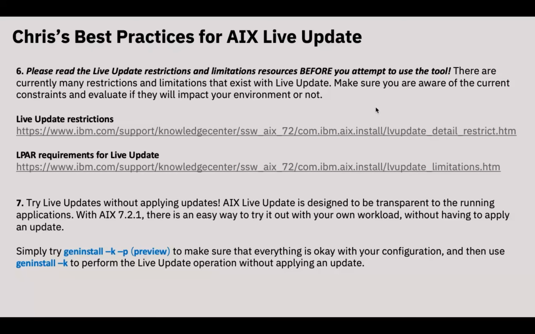Did you know that you can actually try live updates without applying any updates? Sounds like a bit of an oxymoron, but it is actually true. So you don't have to have a TL, a service pack, or even an iFix on hand in order to test live updates. And in fact, this capability is a really, really good way of testing live updates in